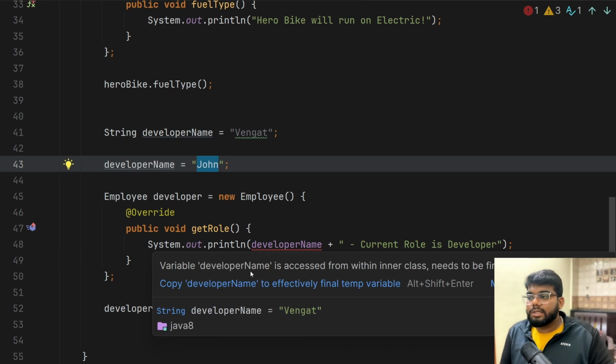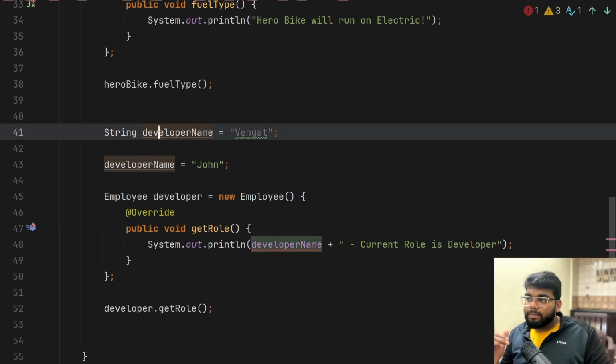If you notice this issue, variable developer name is accessed from within inner class, needs to be final or effectively final. Note this error. You will get this error in many places when we are learning lambda expressions. In real time also you will get this, because what people do is create one variable and try to change or modify it, it's not only with String, any type of variable, any list or any array, before reaching this particular block. So what is it showing if I hover,